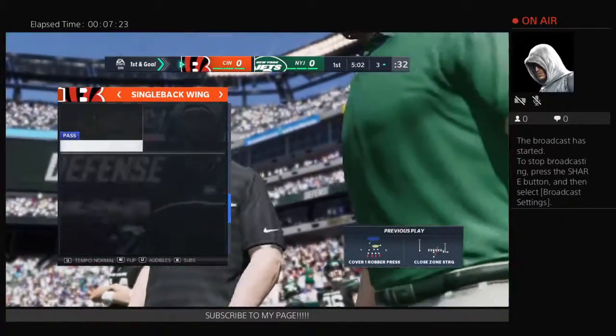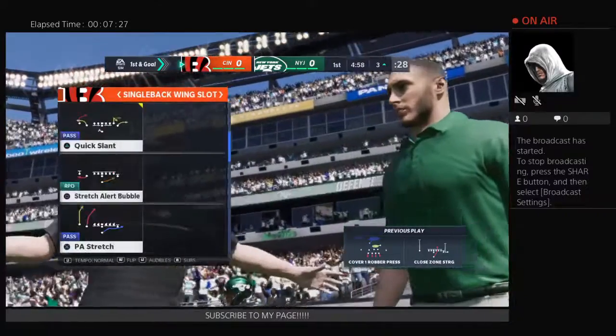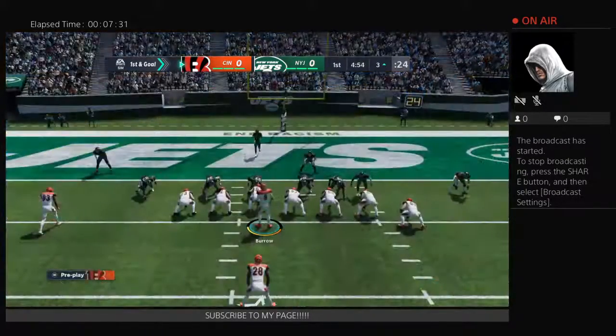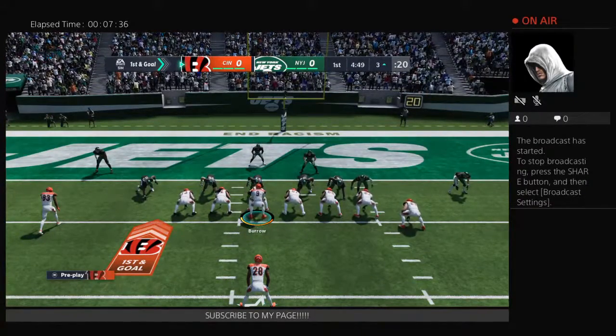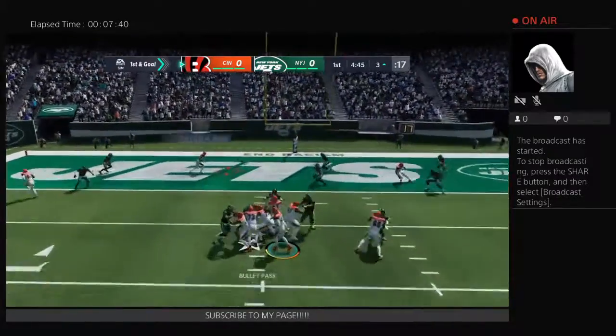The gain of 5 that time gives them the conversion and makes it 1st and goal. A stop there on 3rd. They could have held them to 3 on this opening drive. Now they have to bow their necks on 1st and goal. And if I'm looking at this from the offense's point of view, that's a big-time pickup right there, and I'd go right at him with another momentum play. Go quickly and attack him because right now...